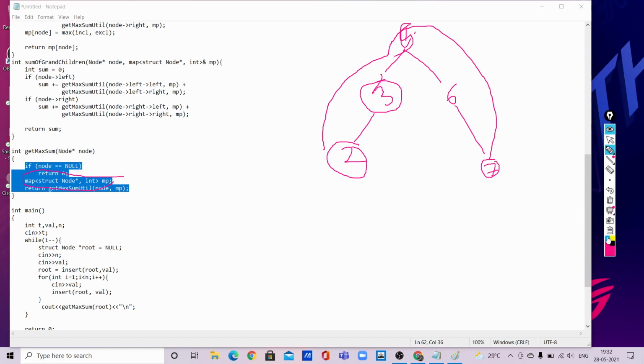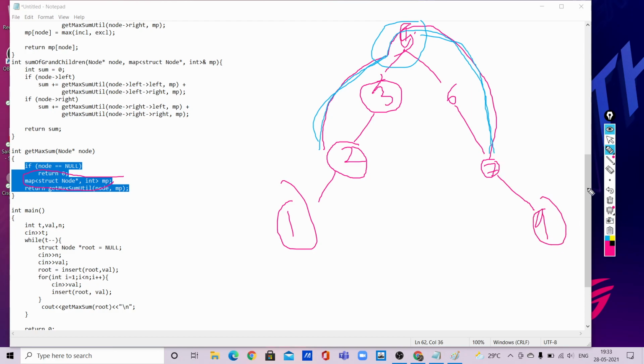Let us suppose 2, 5, 7 may be the maximum solution. But while calculating 5, we will be checking for 2, and while calculating for 5, we will be checking for 7. If there are 2 more nodes, if there is a 1 over here, and 9 over here.